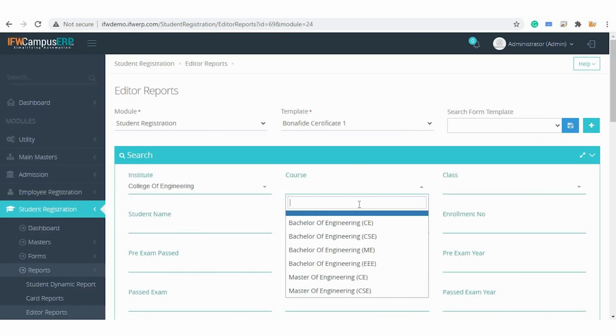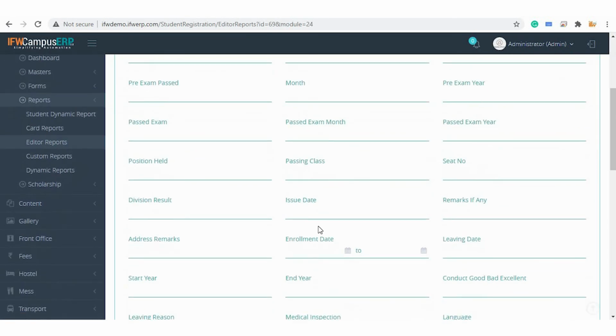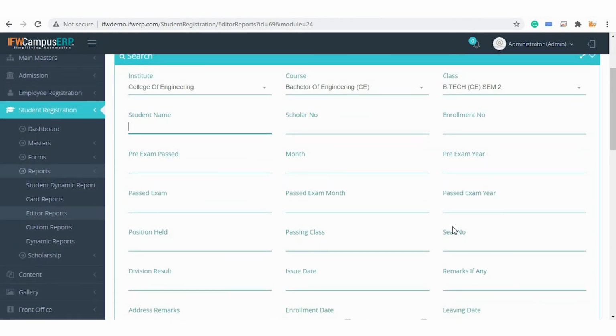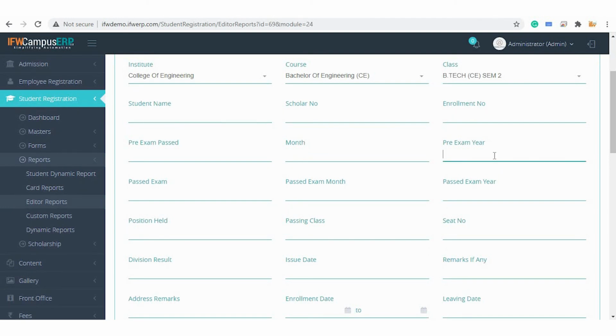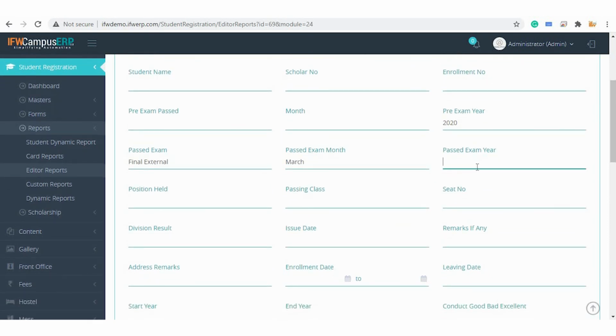You have to select the institute, course and class as we are doing in previous forms also. If you have the scholar number and the student name with you, you can use all these filter options given here. You can give the pass year in which the student passed out. You can give the past exam. Let's say the student has passed the final external exam in the month of March, and the passing year is 2021.